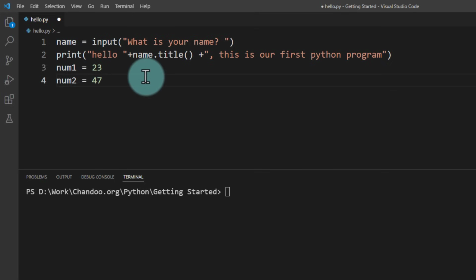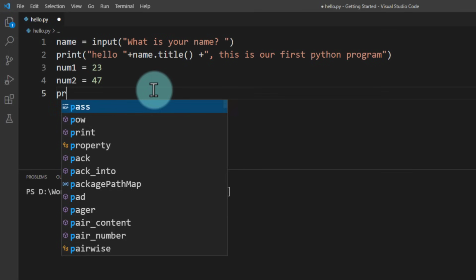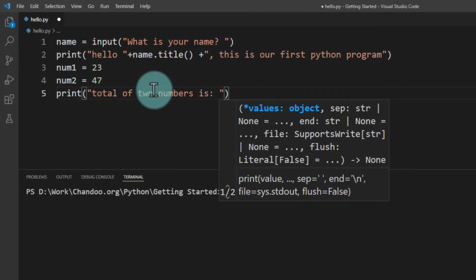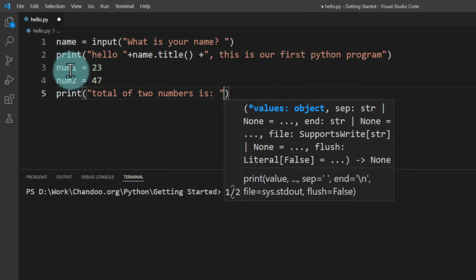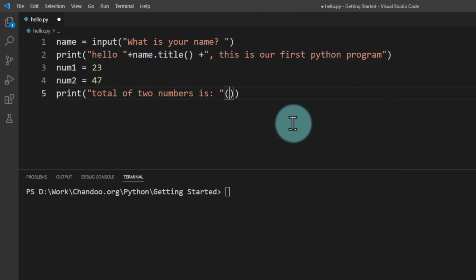So now both of these numbers are there within my Python program. I want to print their total as a message. So we'll say print, and then I just want to say num1 plus num2. So num1 plus num2, and then here we will just say plus. We'll try this one out first, but before we even run this, I want to just make sure that this